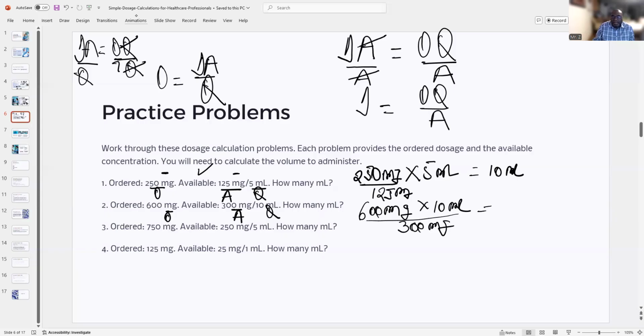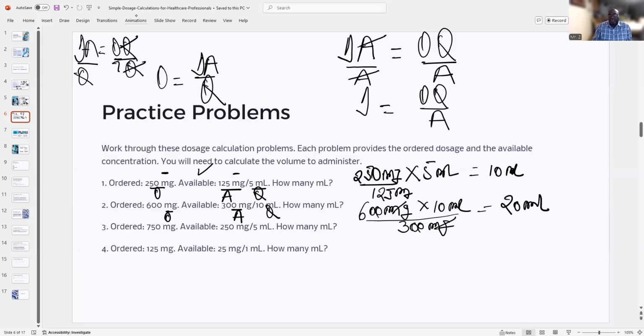That milligram and that milligram will cancel out. So do your thing. All right. So we're going to have 600 multiplied by 10 divided by 300. So you have 20